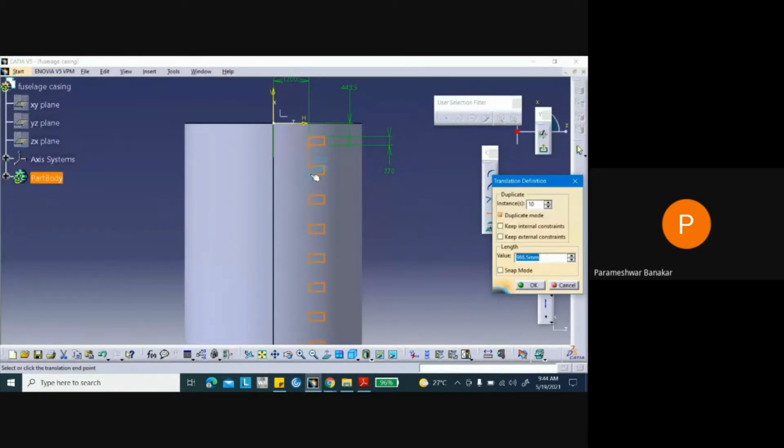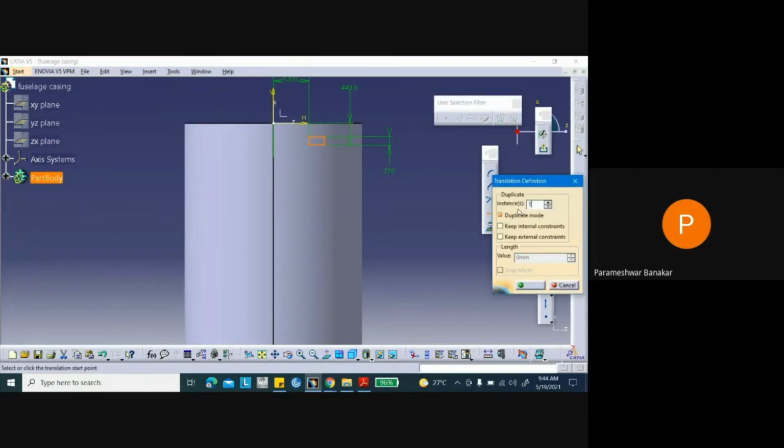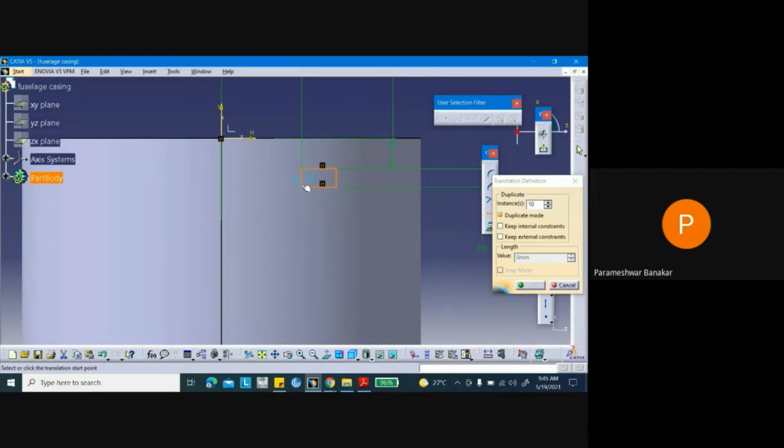I think whether it will come or not, I don't know, but still 380. You okay? No, it's not coming. That's better. You just will go to translate, 10 more this thing. Simply what I will do, zoom it. From here I will take this point, exact point. Simply I will place here somewhere.